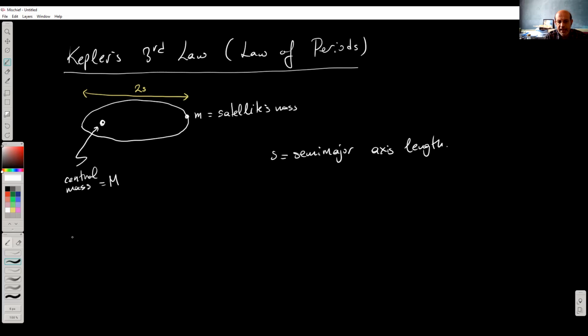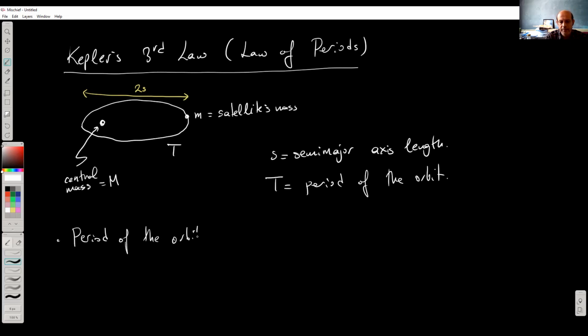Okay. So in any case, Kepler's third law says, well, there's one thing in here. It's the period. So let's say that's the period of the orbit. In any case, it basically says that the period, I mean, this is not the original statement, but I'm going to state it like that. So the period of the orbit, T,